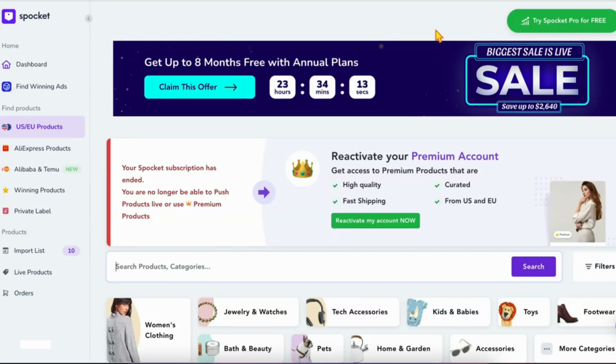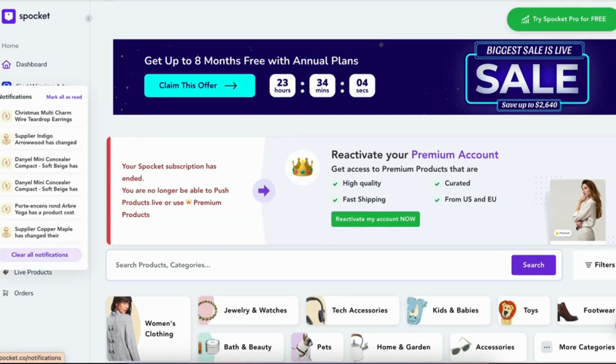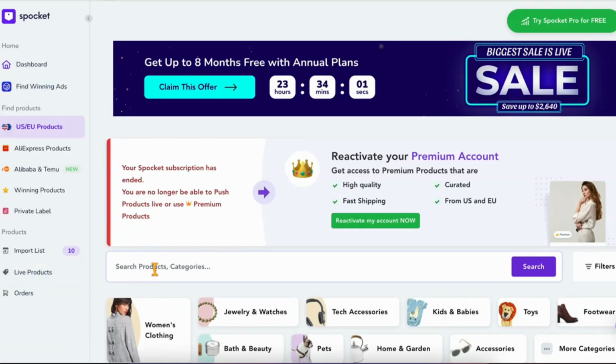This is the main interface of Spocket, the platform that allows you to easily upload and manage your dropshipping products. At the top, you can see your personal dashboard where you can manage your account settings and monitor your activity. Next, there is a navigation bar that allows you to search through all available products or browse different product categories